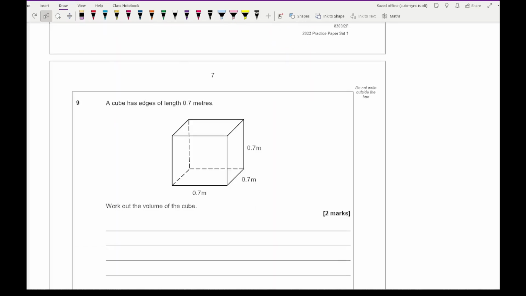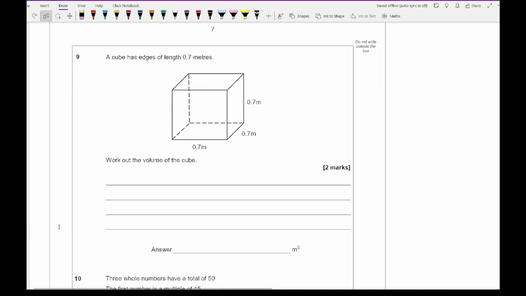So then moving on to question 9, it says the cube has a length of 0.7 metres and the question is asking us to work out the volume of the cube. So for this what we need to do is just make sure we know the units of the volume which we're wanting, which is metre cubed. So we've got to make sure that all the lengths are in metres, which they are. So the next thing for me then to do is just simply multiply all of those three lengths together and type that into our calculator and we get an answer of